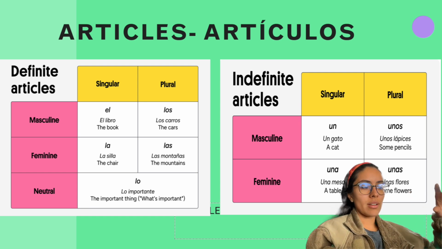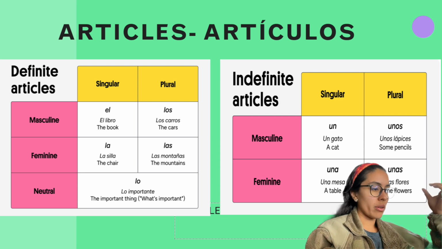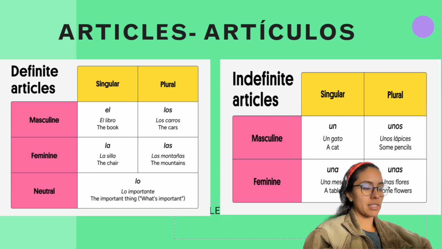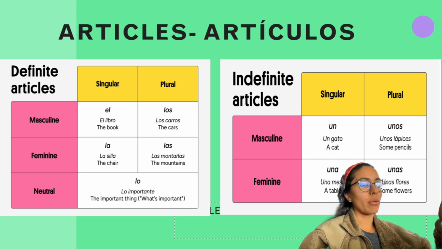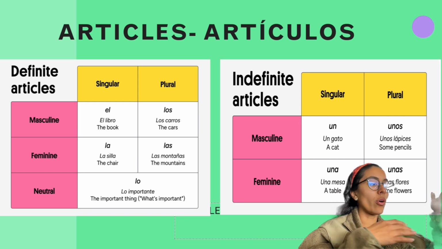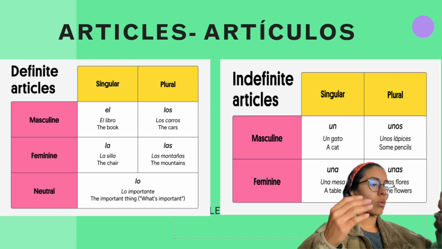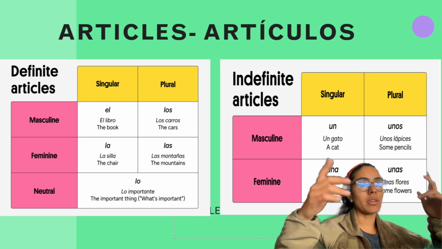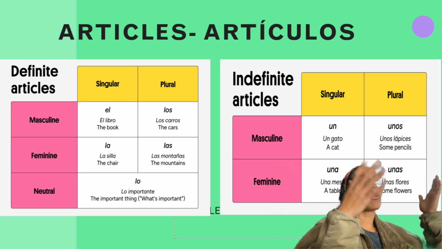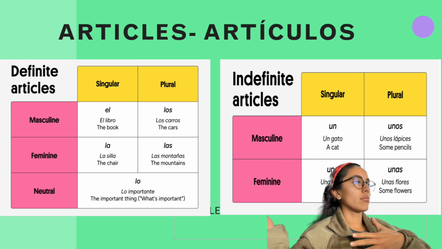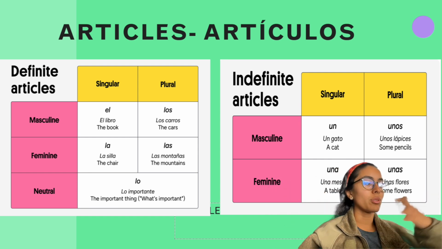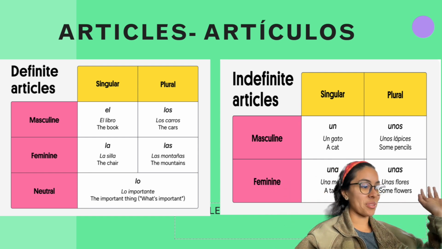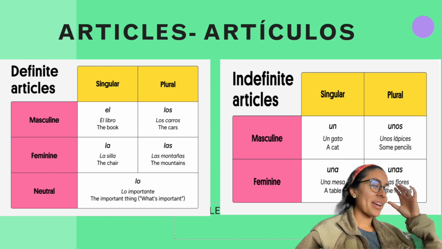And then there's an example that's called neutral, which I thought was interesting, however, not super necessary. It's lo, and they're citing the example right there of how it's used. So lo importante, which in English means what's important, and then you say something. What's important is to be healthy, or whatever. So lo importante is to be healthy. You don't need to use it yet. It was just there, so I thought that was interesting.